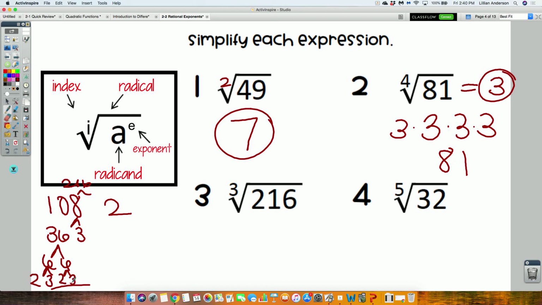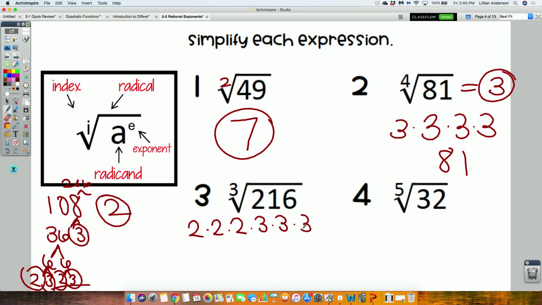What I just did is called a factor tree. Did y'all ever do this a long time ago in your younger years? This is another way to simplify and break down radicals, okay? Here at the school, we don't teach this way anymore, but this is how you can go about, if anything, helping you figure out this problem. These numbers right here, 2, 3, 2, 3, 3, and 2, all of these are your prime factors